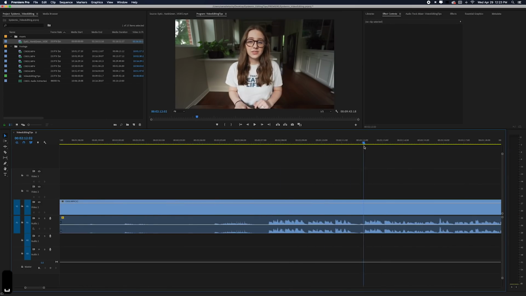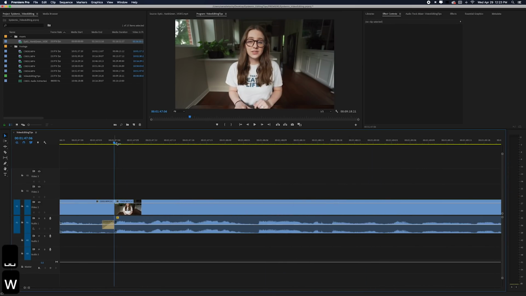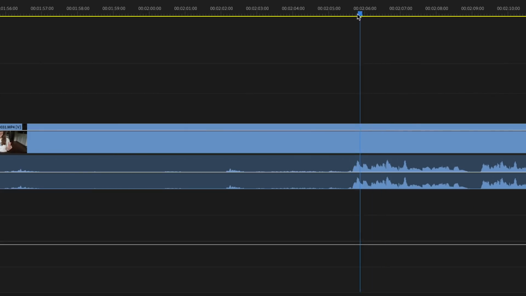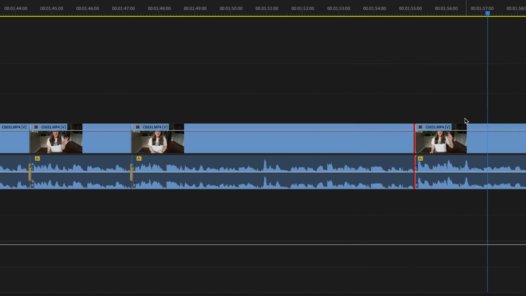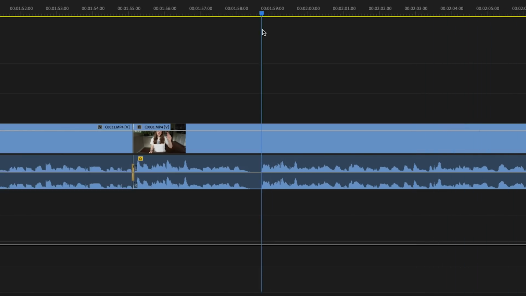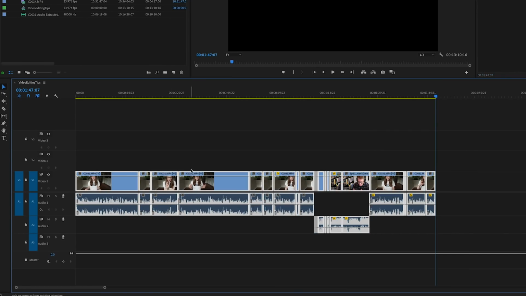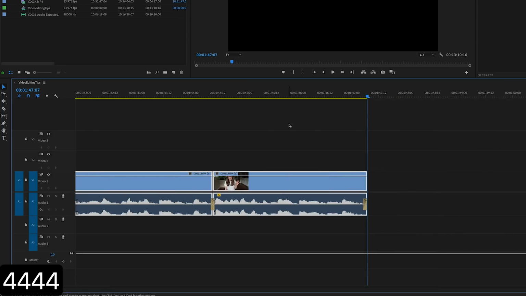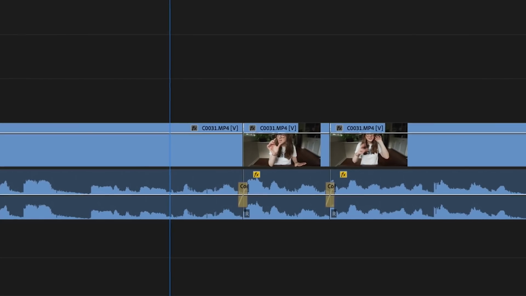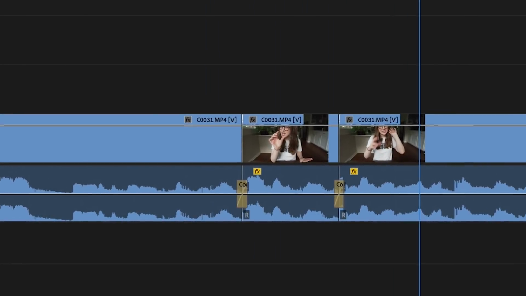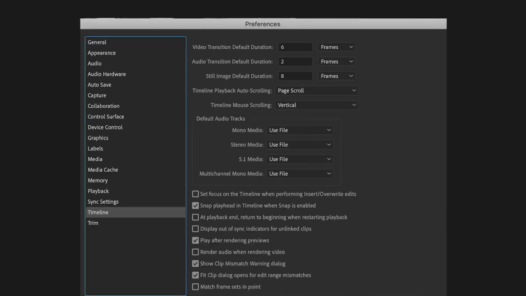So when you're cutting A-roll or talking like this, usually I personally pay attention to the audio waveforms. There are usually no gaps at all in between cuts, not one frame. But sometimes you get unwanted audio popping. So what I do at the very end is I select all of my clips and I do the shortcut for power audio transition. This is gonna get rid of all of the audio popping. Just make sure before that you go into preferences and change the default transition time to only 2 frames.